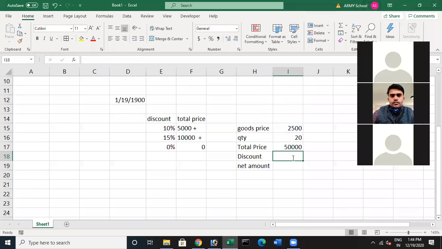So at that time, student, we need to write equals IF in bracket. We need to select this cell. So we selected I-17, and here we gave is greater than